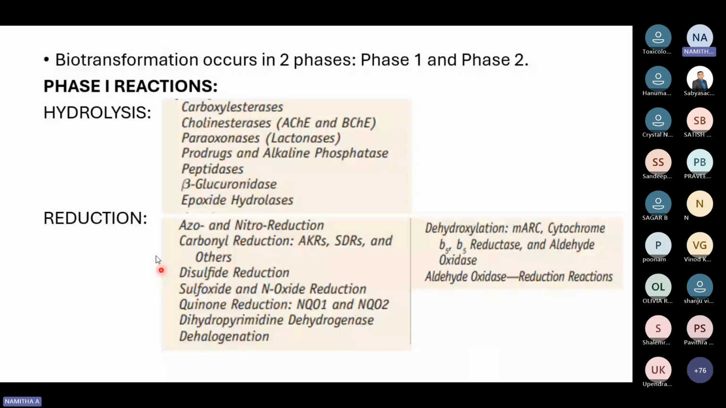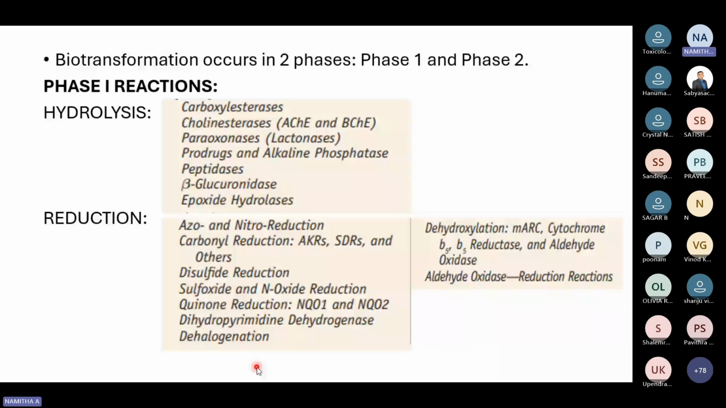oxidation. For hydrolysis, the enzymes involved are carboxyl esterases, cholinesterases, peroxygenases, prodrugs and alkaline phosphatase, peptidases, beta-glucuronidases, epoxide hydroxylases. And in the reduction reactions, we have azo and nitro reduction enzymes, carbonyl reduction enzymes, disulfide reductions, sulfoxide and N-oxide reduction, quinoline reduction,